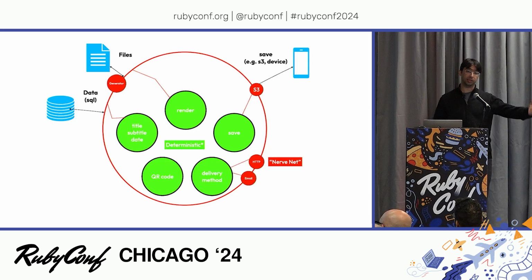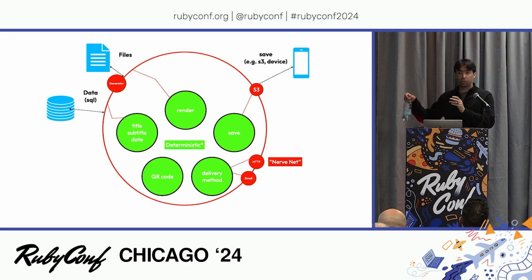And then as time goes on, obviously, we're going to be asked to do some changes. And let's say, for example, delivery method changes based on some logic. Well, we want that logic to be deterministic, right? Given a student in an organization, it will always be by email that they get their certificate. Or for this organization, they get it right away. Or in this condition, they get it right away. So that we wrap that logic inside, and then any interaction with HTTP or email, we try to keep kind of on the edges.